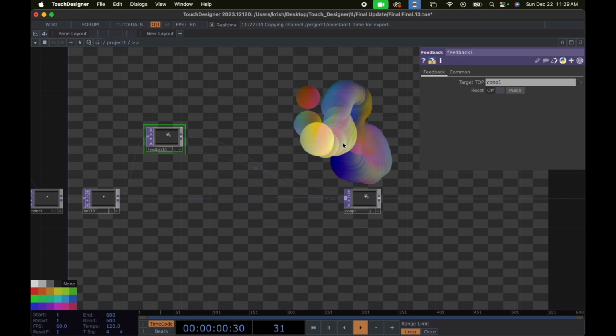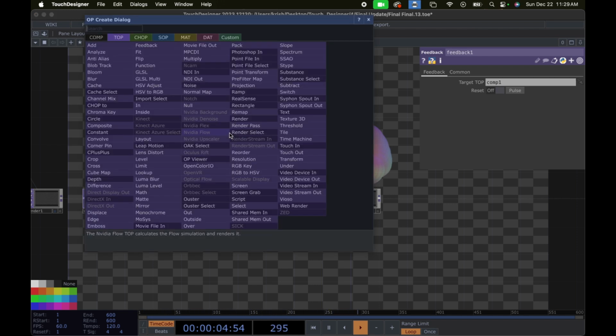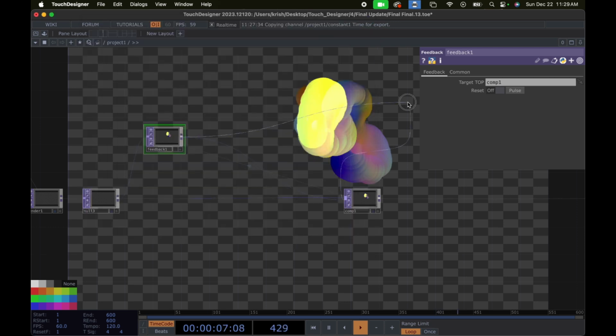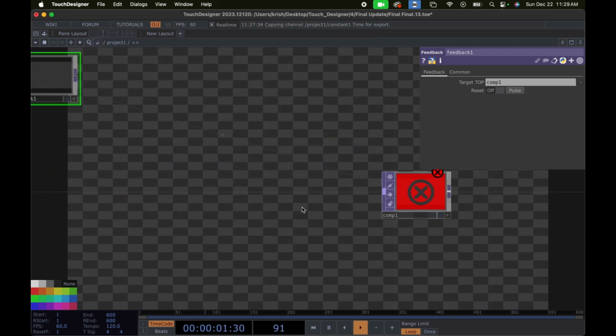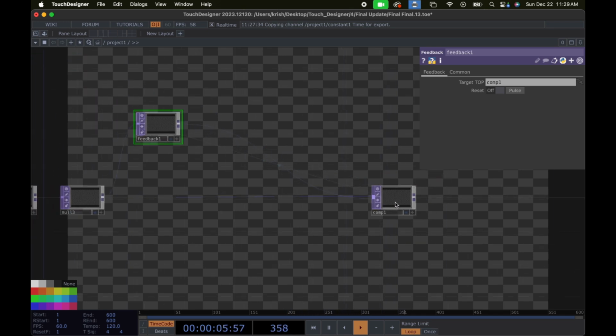Okay, we can see it, but it's not as smooth, so we're gonna add a, but before that we're just gonna select feedback and check